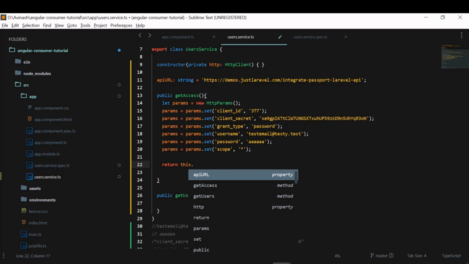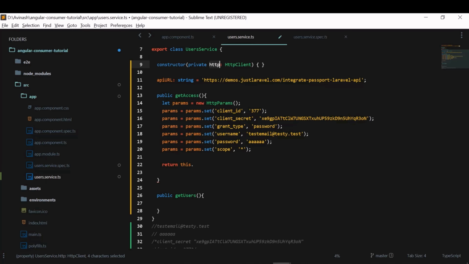This dot, the variable we have given for HTTP client, this dot HTTP client dot post, the method is post, and we'll call a URL here.